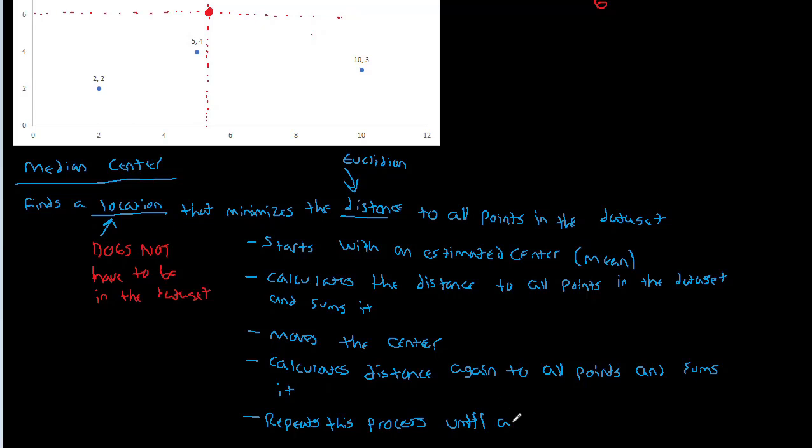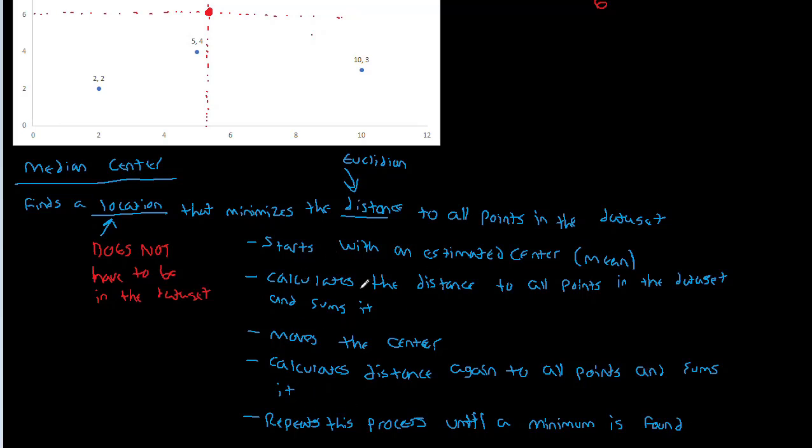Until a minimum is found. Right. So again, just to recap, it starts with some estimated guess, usually the mean. Then it calculates the distance from that point to all other points in the data set, sums it up. Then it figures out if and how it should move, and it moves the center, calculates it again, and then